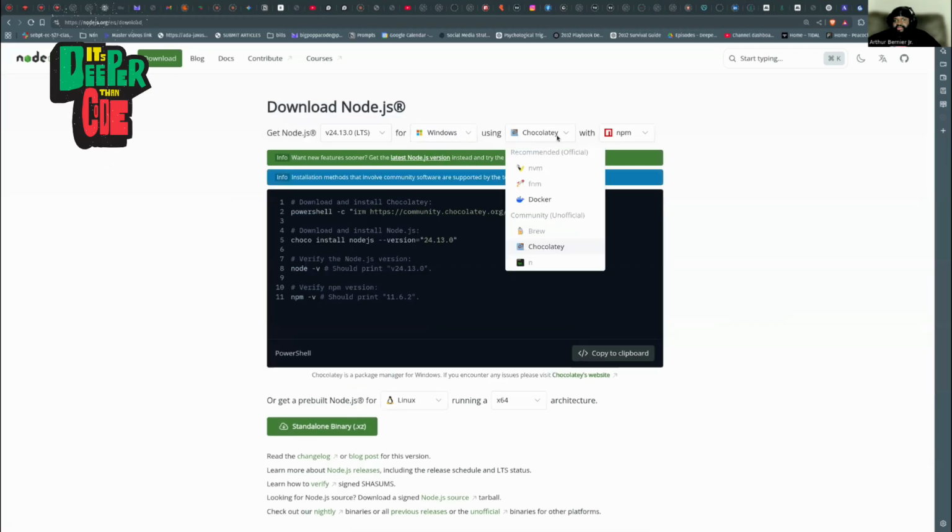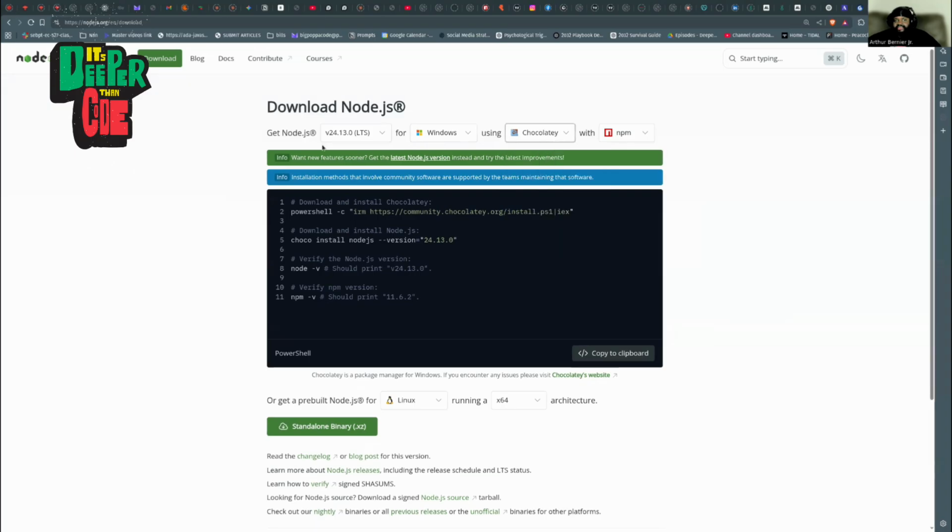So for example, let's say you're on Windows, right? And you want to use one of these installations in order to get the latest version. You want to make sure you always get an LTS version, long-term support version. Basically, if the number starts with an odd number, so if that's 25, you don't want to get 25. You can get 26 when 26 comes out, but you only want the even numbers, because the even numbers are the long-term support versions.